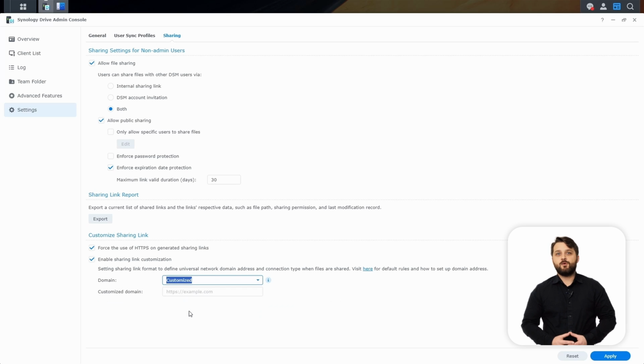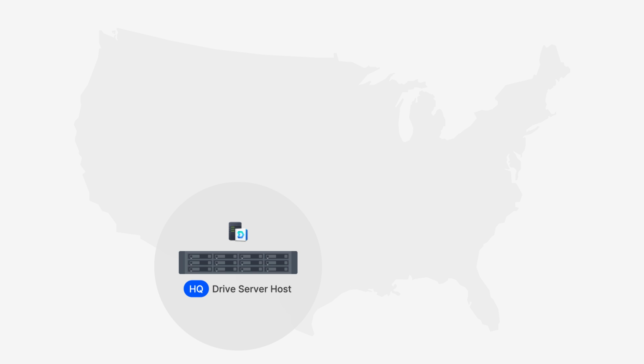Now that we've walked through creating the My Drive and team folder locations, we've set the foundation for Synology Drive so we can do share syncing later on and also sync tasks with the client, which we'll get to in just a bit. So let's take a look at our diagram for today. This will be our guide through today's session, and we will be building upon it as we continue to interact with other Synology Drive modules. So far, we have our HQ Synology NAS, and we've interacted with the Synology Drive admin console to lay the foundation of this environment.